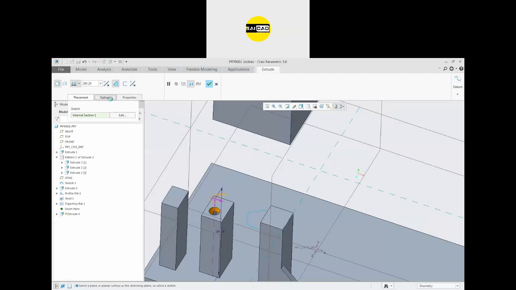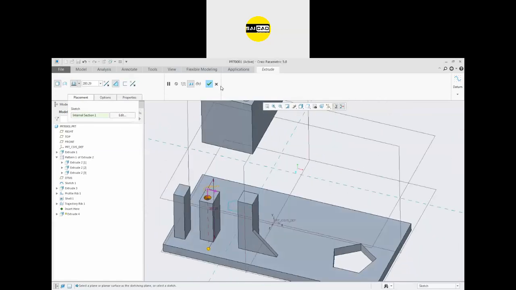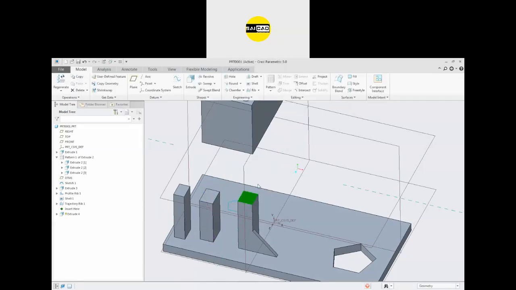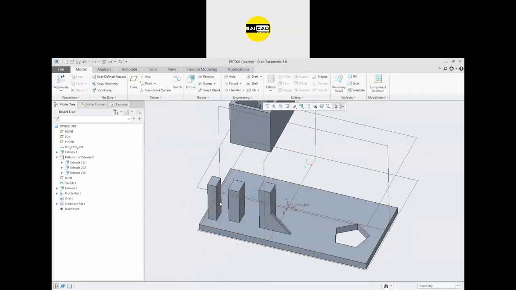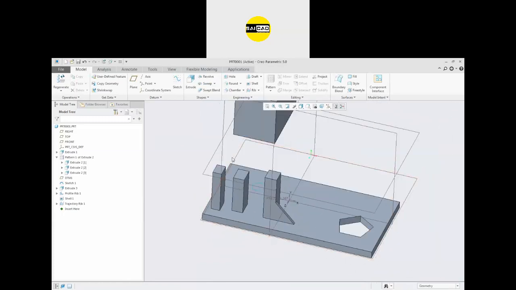Make it inclined. We have some options in SolidWorks, but in this, if you want to create a hole like that, just create a line at the incline.